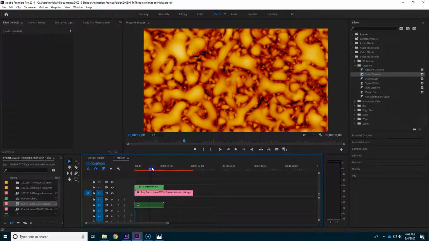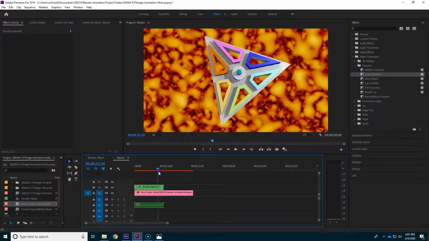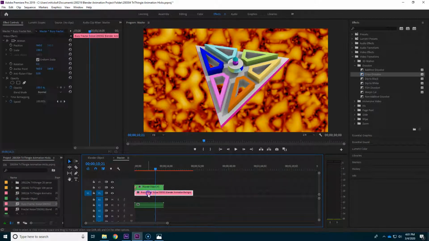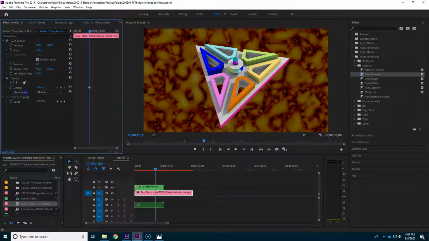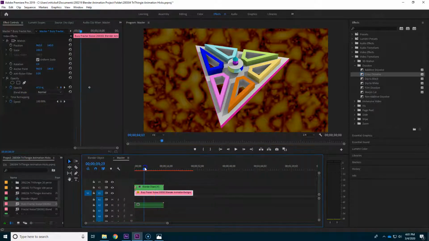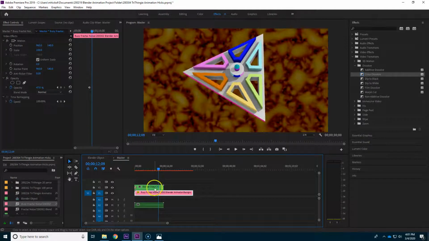So here we have a basic project where we've got our background and our Blender object spinning around. Now this background is very busy. We can certainly tone that down by changing its opacity so that our model remains the star of the show. Now we've cross-dissolved that in, and I've shown you how we can make this longer by reusing the Blender object